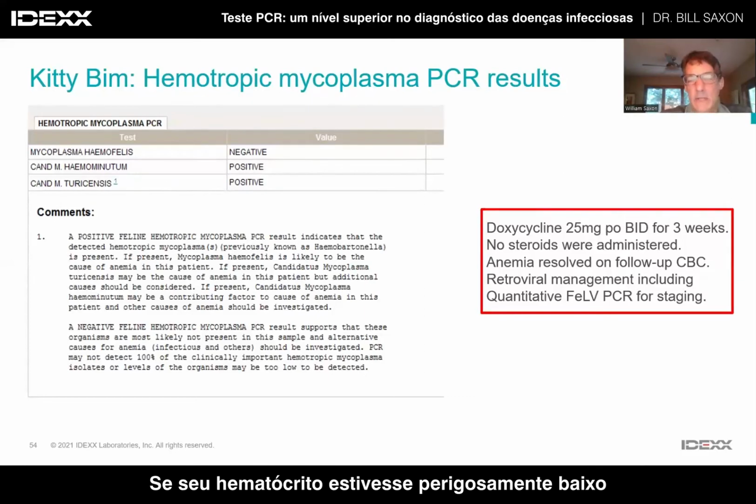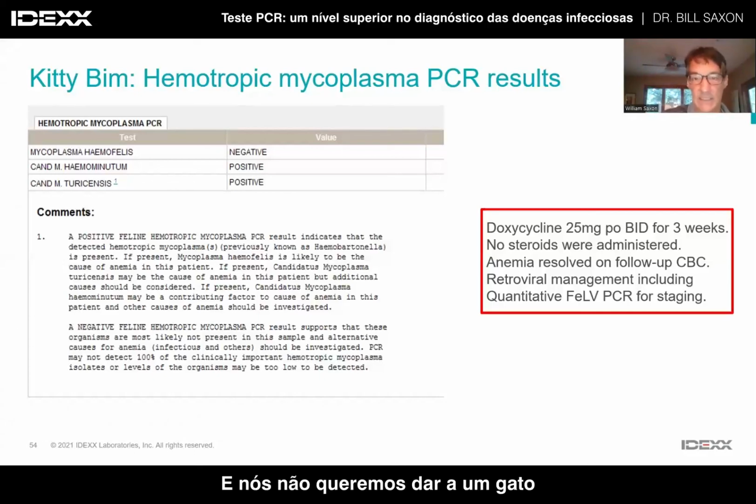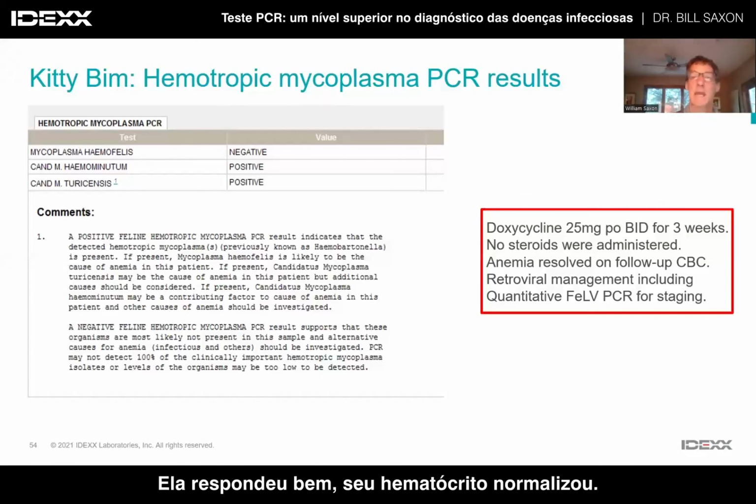If her hematocrit had been dangerously low and she was clinical for the anemia, showing weakness, tachypnea, etc., I might have given her corticosteroids as well. But I try to start treatment for hemotropic mycoplasma with doxycycline only, because often that's all these cats need. And we don't really want to give a cat who's already immunocompromised by having retroviral infections immunosuppressive corticosteroids, which could further immunosuppress them. All right, so she responded well, her hematocrit normalized,